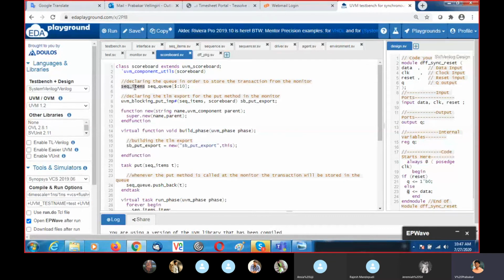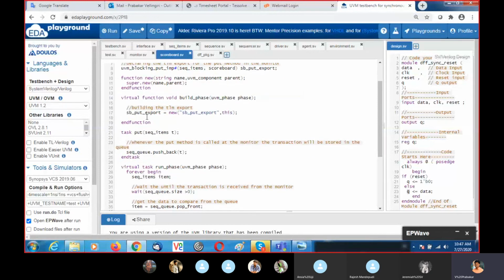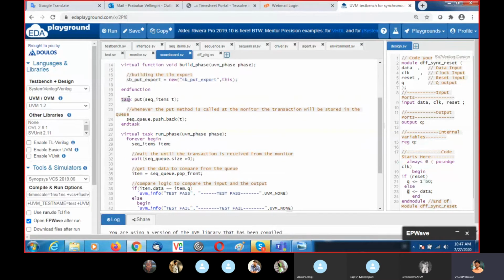Trans collector is a type of sequence item, so to store it, this should be declared as a type of sequence item. In the build phase, you need to create the memory or object for the TLM ports. Then here we have to implement the put method, which is used in the monitor.